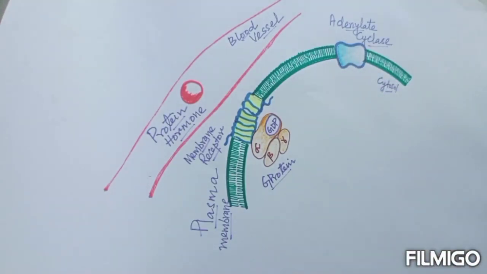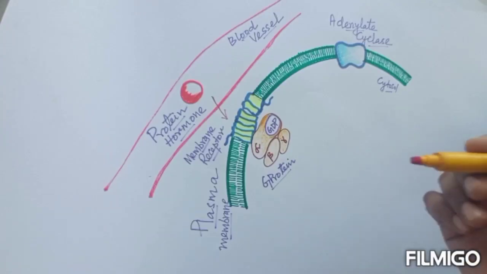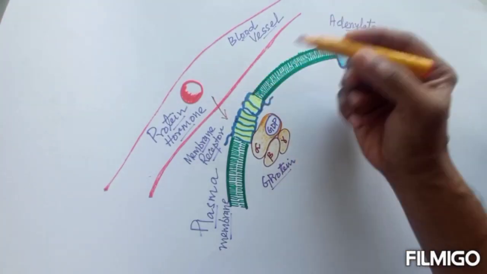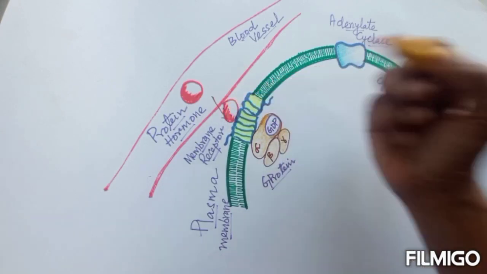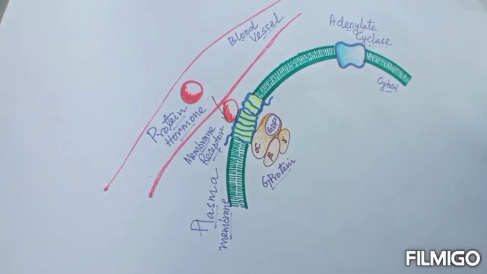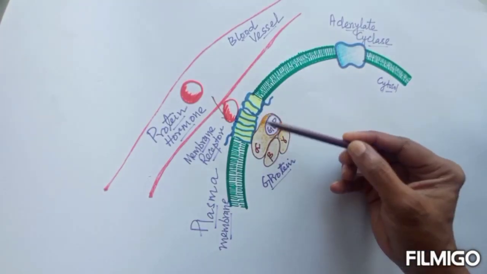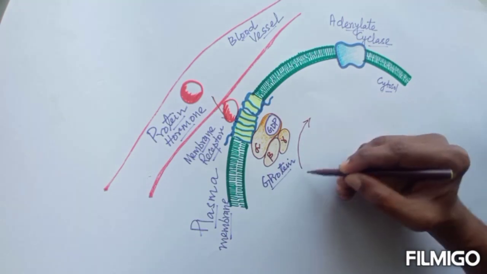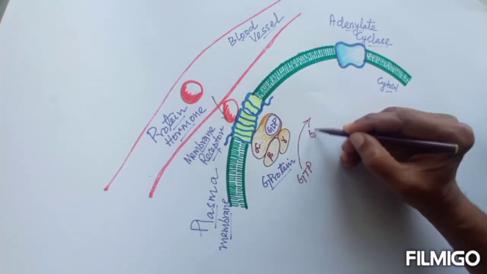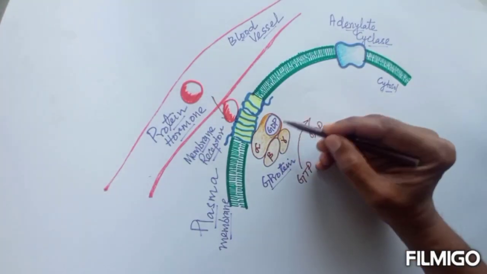Now, what happens is that the protein hormone passes to this and it is released to the extracellular fluid. It gets attached here like this. So when it is attached to the fixed membrane, the 7 transmembrane helix as shown here, this particular receptor is induced, and the G protein coupled receptor acts in such a way that it actually exchanges a GTP for GDP. So GDP is released and the G protein gets dissociated, and the alpha subunit